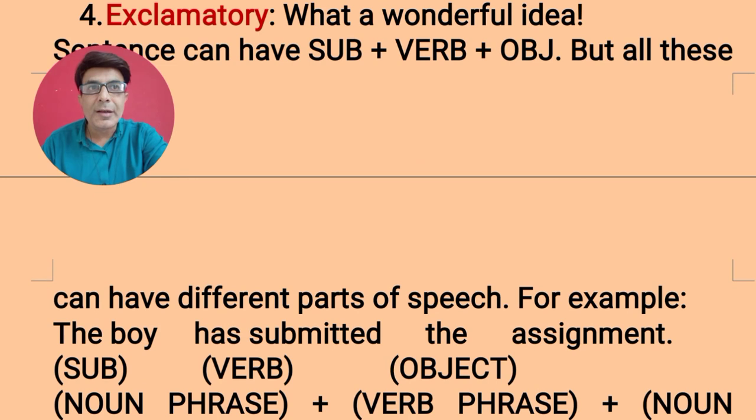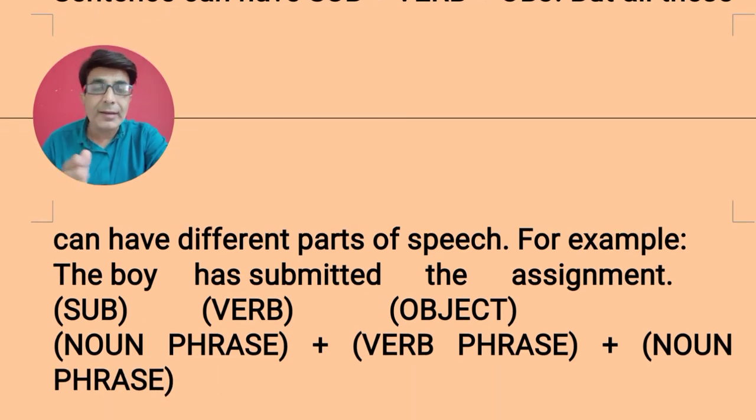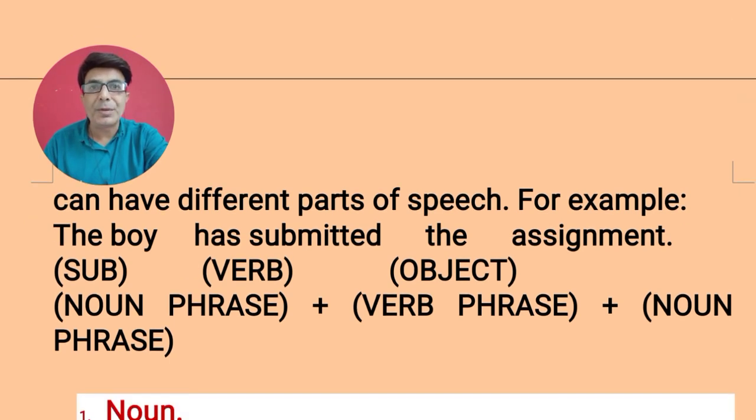But all these 4 can have different parts of speech, right? A sentence has subject, fine, but the subject is made of parts of speech. Verb is a part of speech. Object is made of parts of speech. Say for example, this sentence, the boy has submitted the assignment. This is a sentence. Okay, here the boy is the subject, has submitted is the verb, and the assignment is